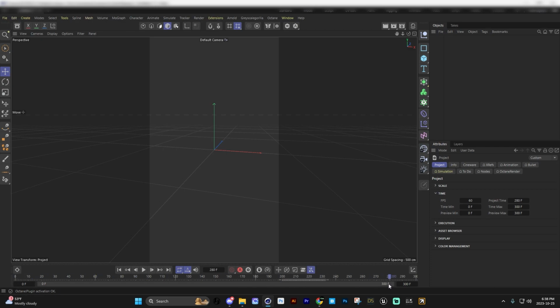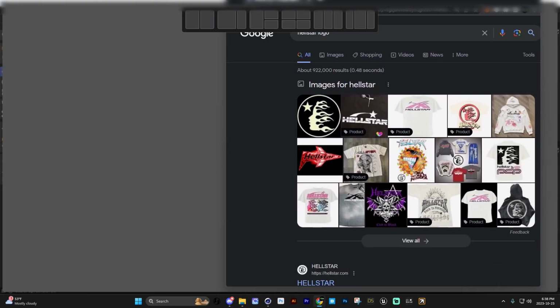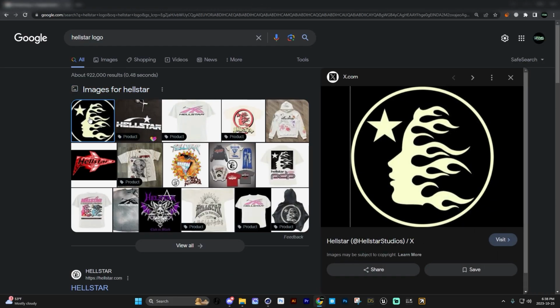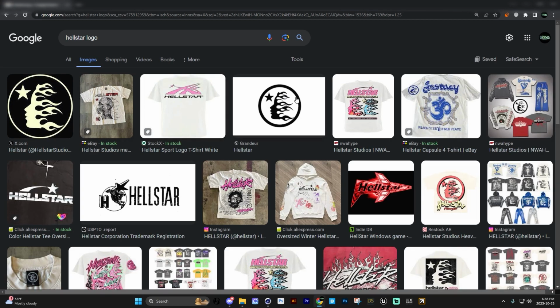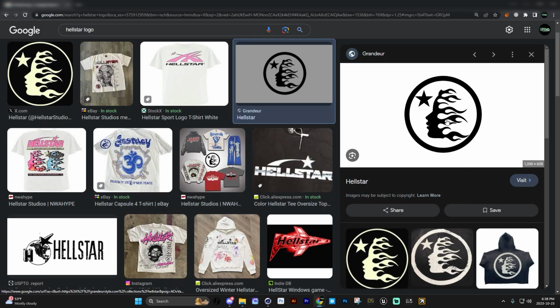But yeah, so once we got that down, for this example, we're going to be doing the 3D logo. So I like to find the logo that I want to be doing. I just go to Instagram or Google and type in the logo that I want. So for example, I would type in Hellstar logo because we're just going to be recreating that one that I did. I don't think that's the image I used. I think I used this one. So we find the image.